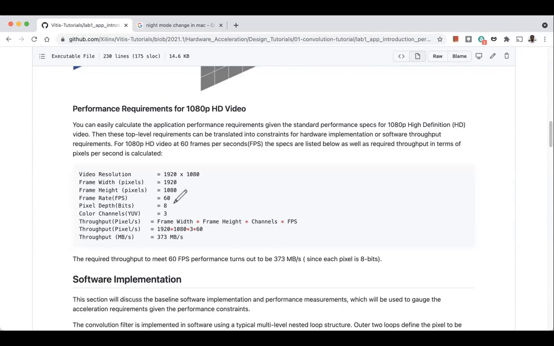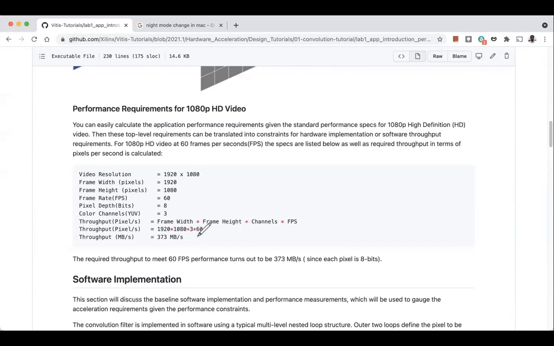In order for us to be able to apply the filter at this rate, frame width times frame height gives the number of pixels per channel. And usually we have 3 channels, times 3 channels, times frames per second. So that is 1920 times 1080 times 3 times 60.